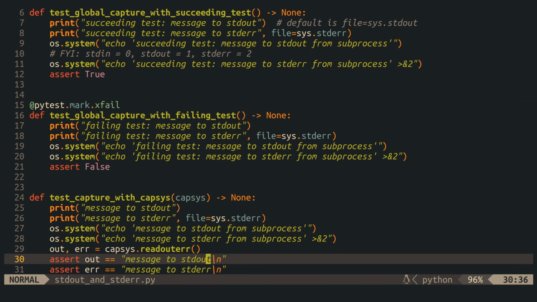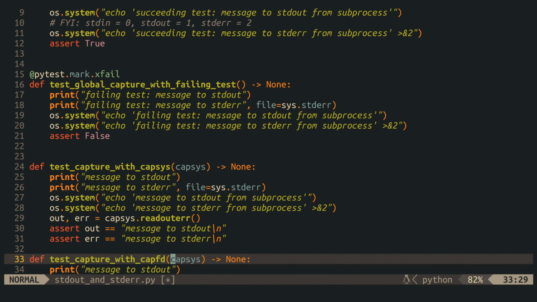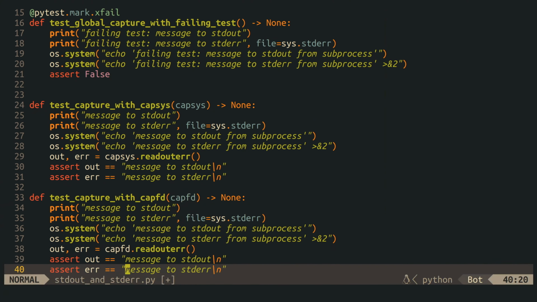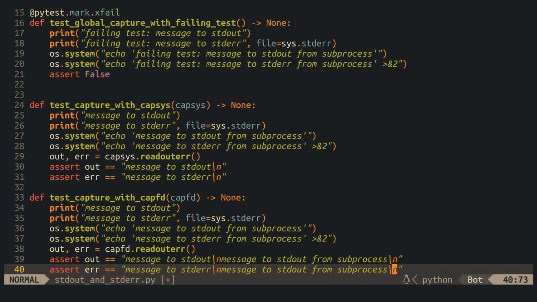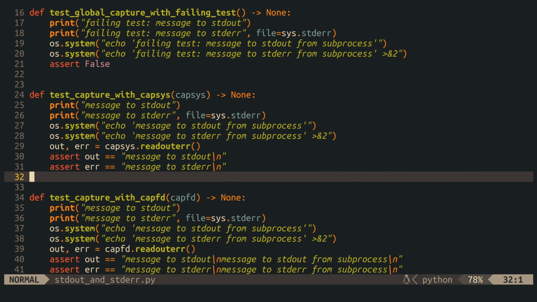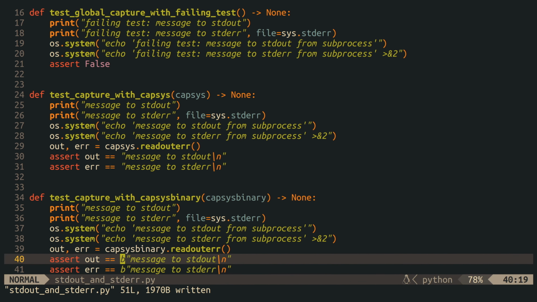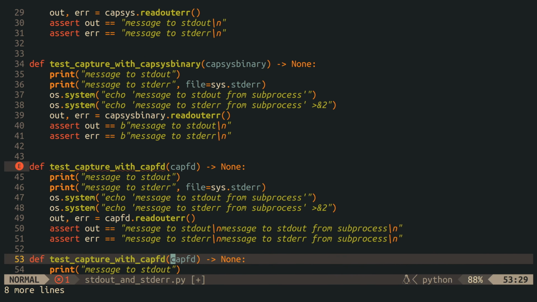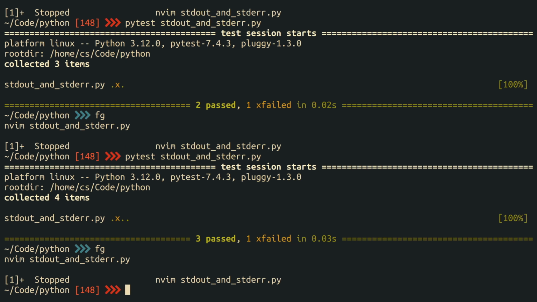The next fixture that we need to talk about is called capfd, which is short for capture file descriptor. And this is basically exactly the same as capsys, with the exception that it also captures output generated by subprocesses. Furthermore, both fixtures, capsys and capfd, have a binary version, meaning that the readouterr method returns a tuple of bytes instead of strings, but otherwise their behavior is exactly the same.